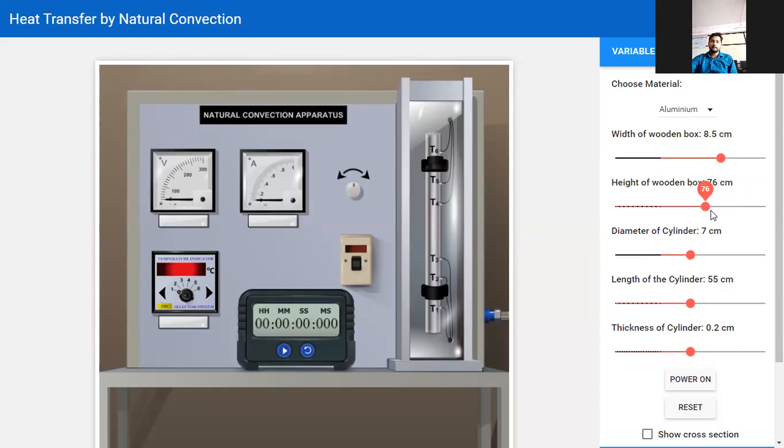Yes, it is changing, okay. So appropriately you can provide the height also. I will consider here 80, 77, okay, 78. So side by side write down the quantities, because we have to put in these quantities while doing the calculation.